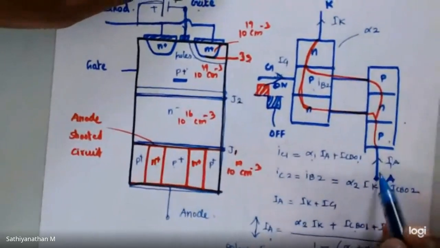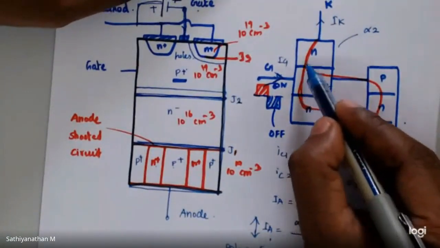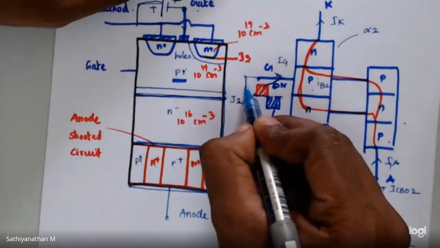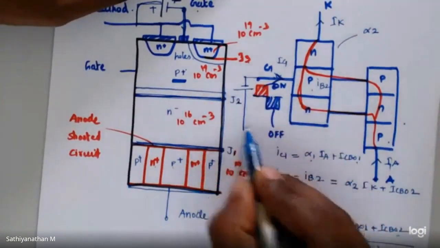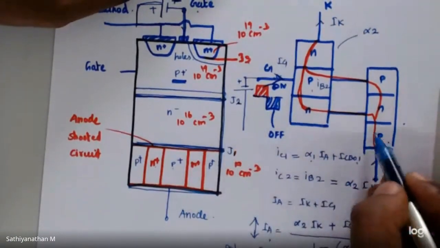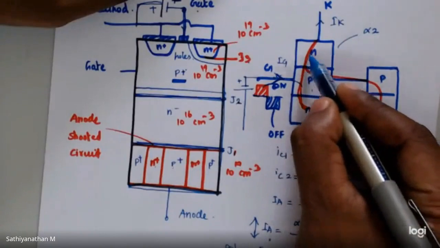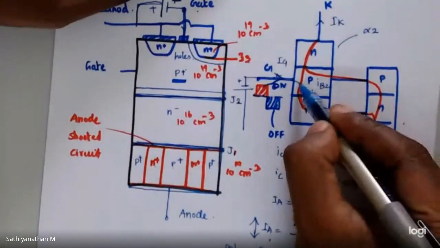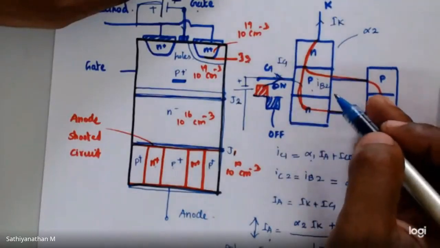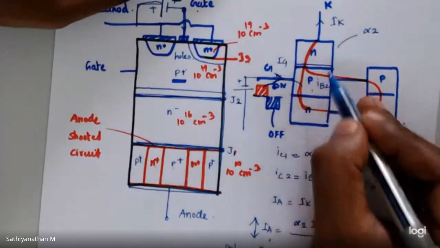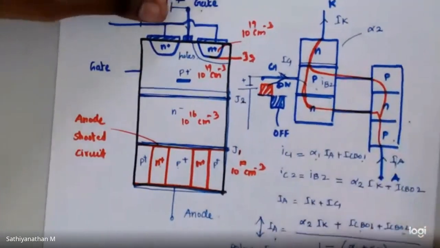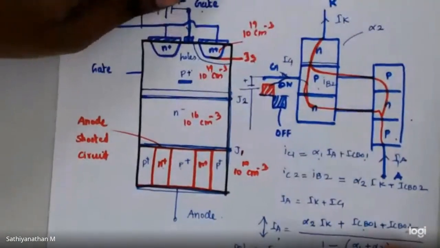So already the anode current is flowing in this direction, right? So due to this external negative supply, your anode current is shifted towards this, not towards cathode. It shifted towards what? Gate. So it will increase the depletion layer width across this junction as well as this junction. So the device comes to off. I hope you make it clear.